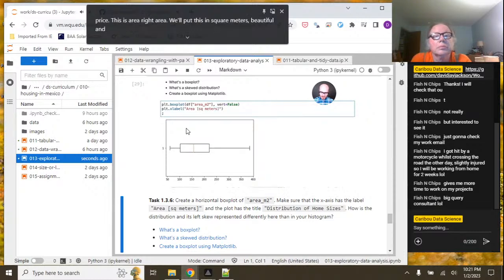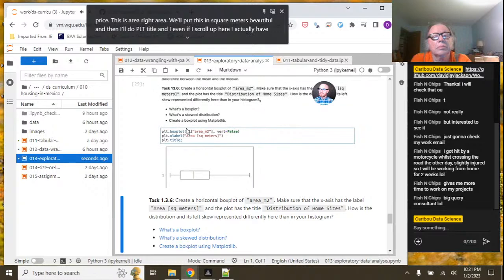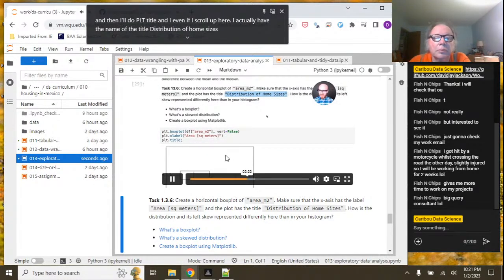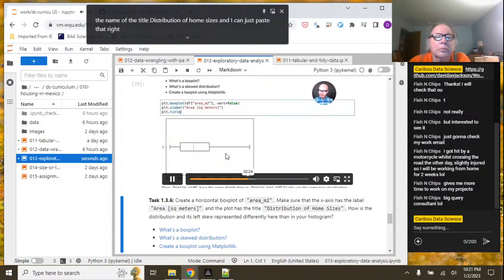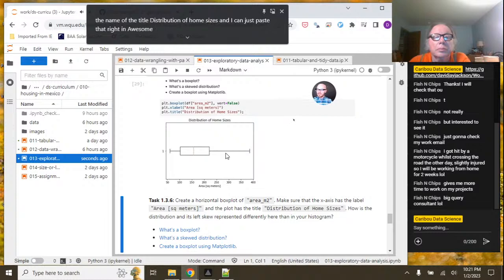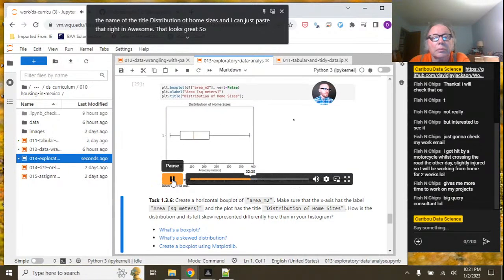Beautiful. And then I'll do plt.title, and even if I scroll up here, I actually have the name of the title: Distribution of home sizes, and I can just paste that right in. Awesome. That looks great. So here we have this